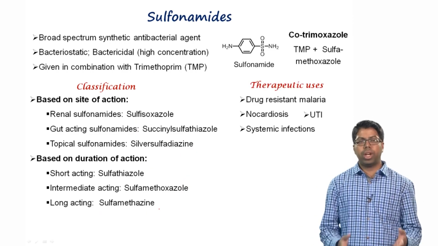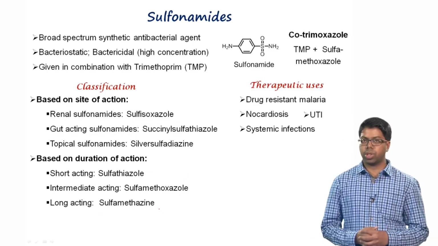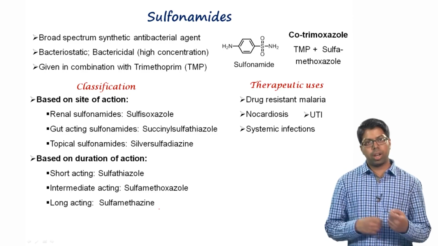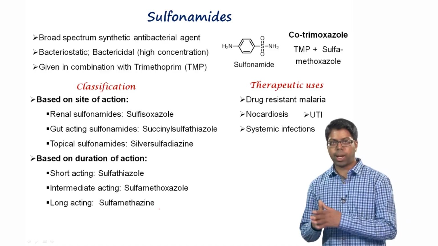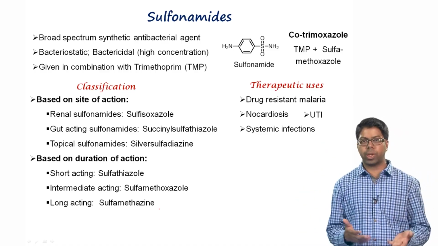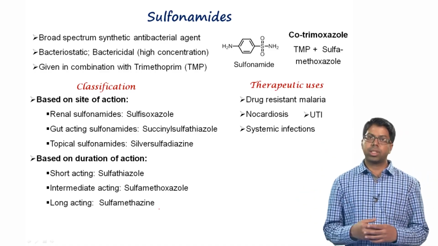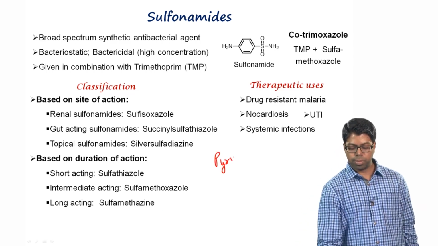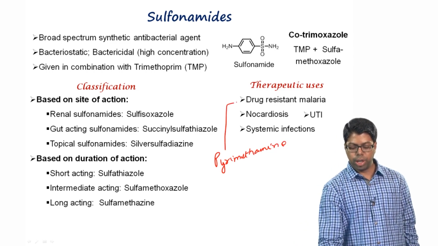Sulfonamides are used to treat bladder infections as they reach in higher concentration in the urine. They are also effective against nocardiosis, which is an infection caused by Nocardia bacteria. They are also effective against drug resistant malaria. So in such cases, sulfonamides are given in combination with another anti-malarial drug called pyrimethamine to treat drug resistant